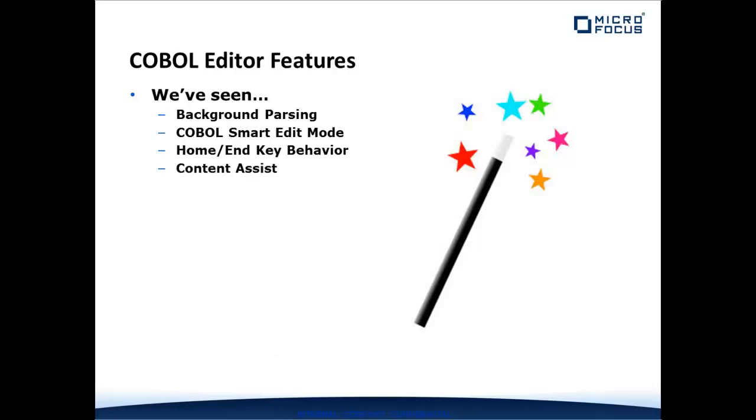Content Assist provides predefined, customizable code snippets which can be easily inserted into your source program. Folding automatically divides COBOL programs into collapsible regions. There are a number of additional COBOL Editor features available to make your editing experience more productive. Among these features are